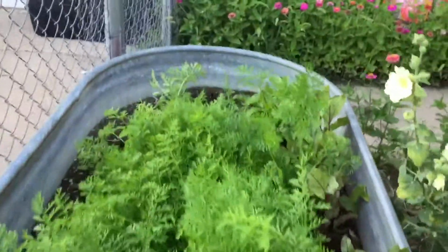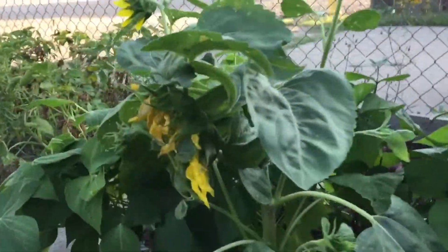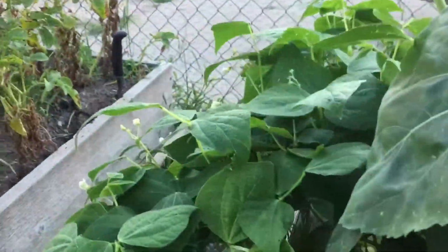This is the beets and carrots. I harvested the radish the other day. But now, this is our sweet potato and beans patch. And I got a volunteer sunflower growing on the side. But today we're harvesting